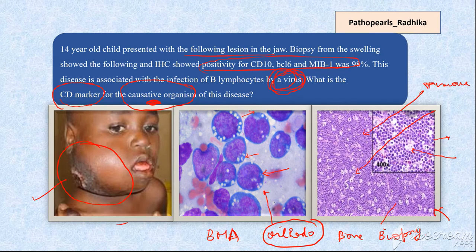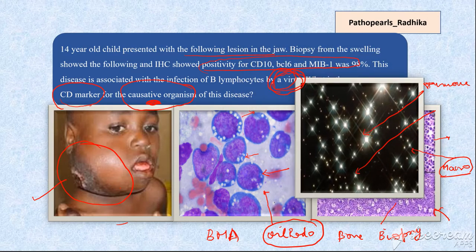These tumor cells are blue and they're a huge load of tumor cells, and because there is a high turnover, they die also, they proliferate also, and all these dead cells will be taken up by the macrophages. So the sky is formed by the tumor and the stars are formed by these tingible body macrophages. You know, macrophages are going to eat up these dead cells. So that's what the image is all about. So that's the starry sky appearance.